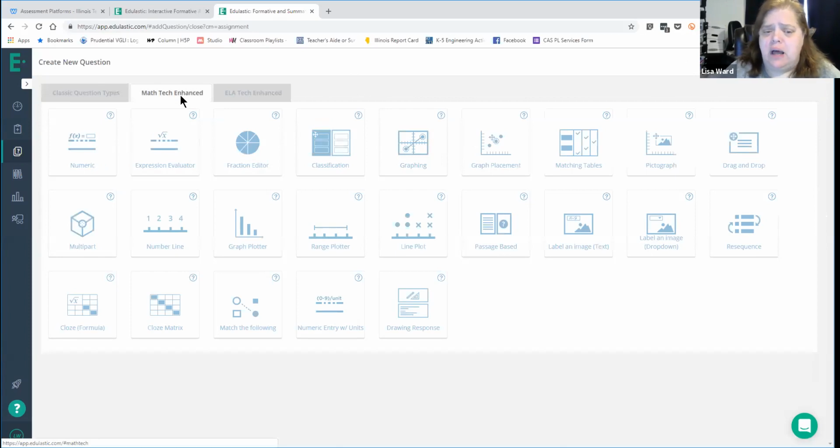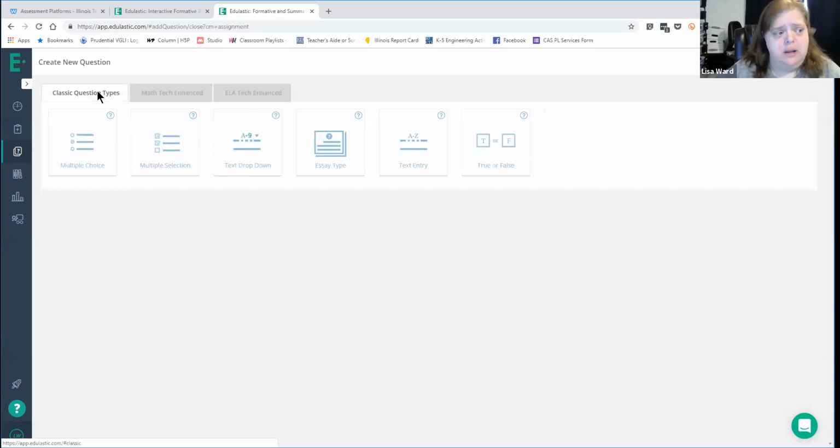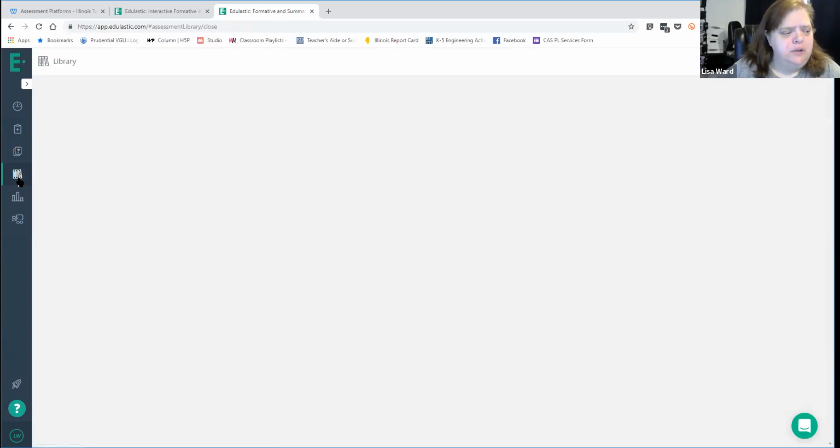You can see we have a lot more Tech Enhanced Math questions. And then ELA. So it's the editing task, matching tables, classifications, things of that nature. So lots of choices there. And again, it'll all work on an interactive board as well. Now, if we look in the library,